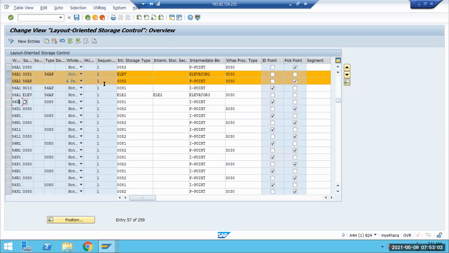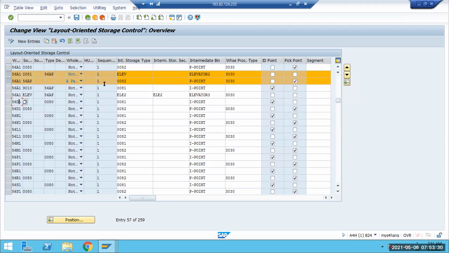In that case, as per the sequence, it will go to it, but sometimes a little bit of error margin will always be there, right? So in that case, you're physically using elevator 3, but why are you not using elevator 2 if it is working fine? Any reason? It's not like that. At the end of the day, I'm telling you the error margin is still there because an elevator is just an elevator. The warehouse keeper will never go, okay, I feel this is free, let me go here.